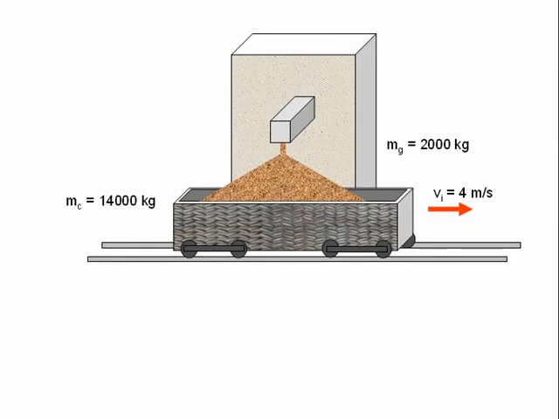Our system is the wagon plus the grain. No external forces act on the system, and therefore we can apply the conservation of momentum in the x direction. The grain has no initial horizontal momentum. Therefore, the initial horizontal momentum of the system is just equal to the mass of the freight wagon,